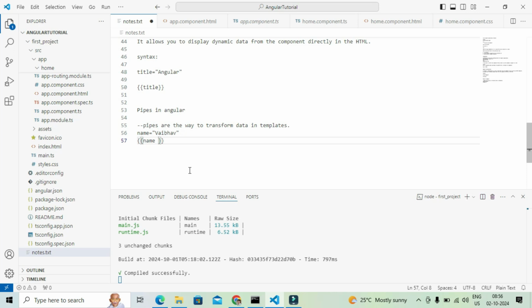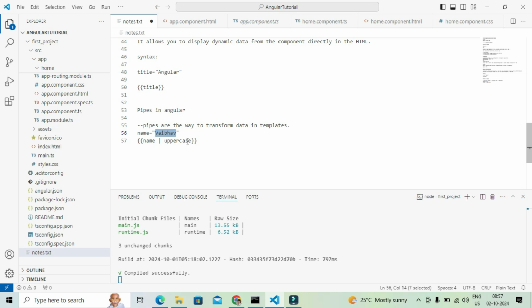In this case, we can use the pipe symbol on top of the name, and here we can use uppercase. The name Vaibhav has a capital V and all the rest small letters. When I use this pipe symbol and uppercase, the whole text will become uppercase.